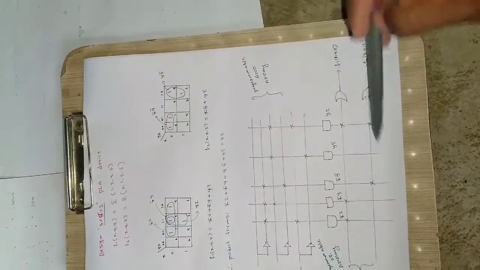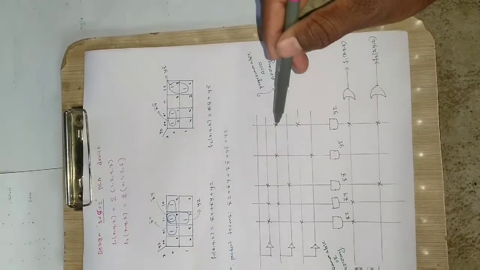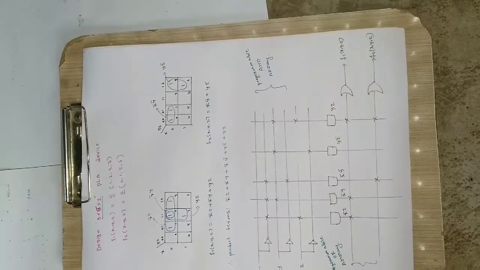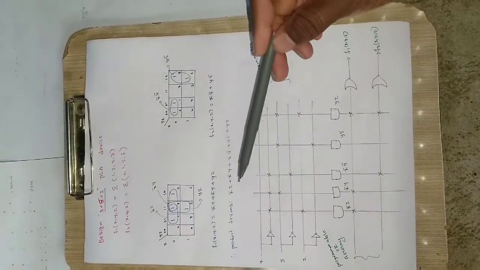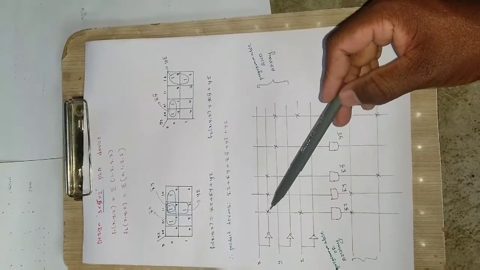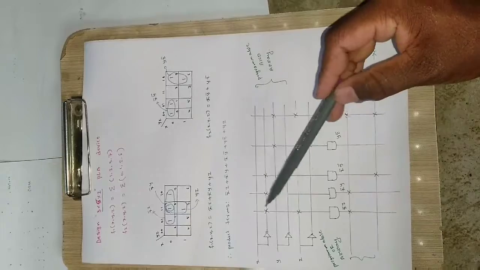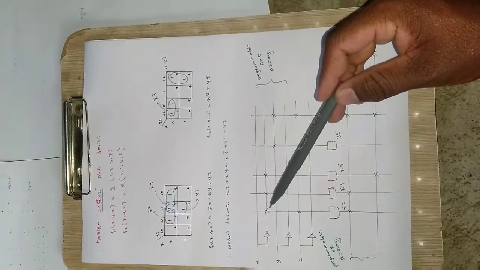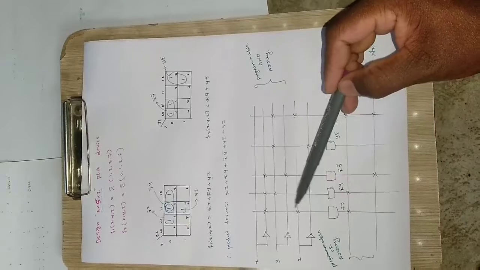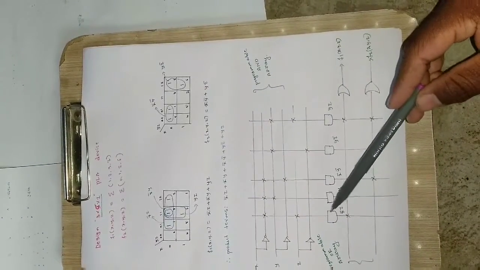So you just draw this framework, then I will explain how to make these connections here. These are the solder points, which indicate a connection over there. Okay, so first one is I want x bar into z. So I will make a connection at x bar and I will make a connection at z. From this AND gate, these two will be multiplied because the cross means they are connected. So x bar will be coming from here and z will be coming from here, and they will be multiplied with each other, giving rise to x bar into z at the output of this AND gate.